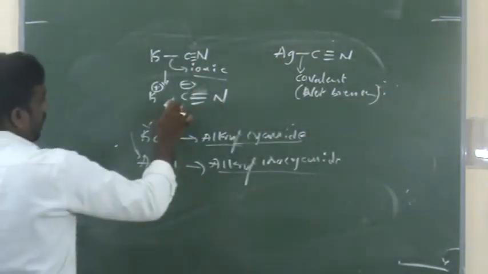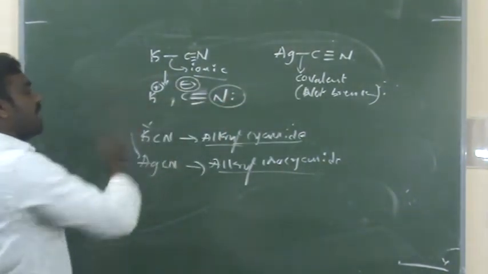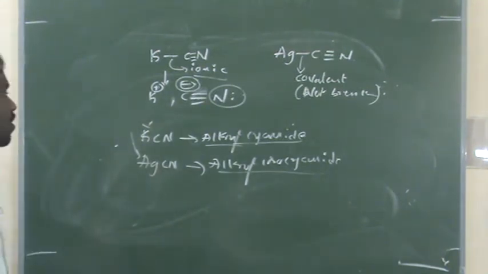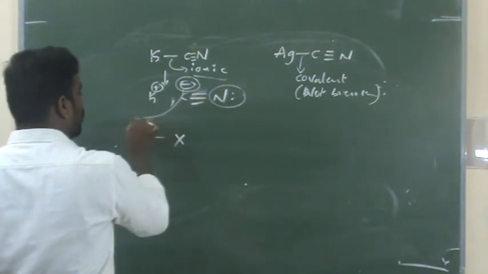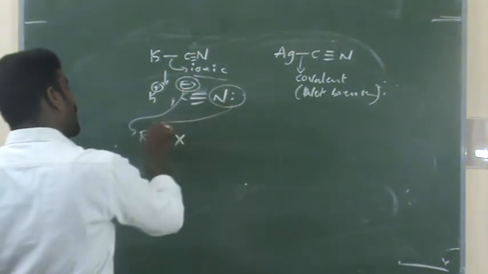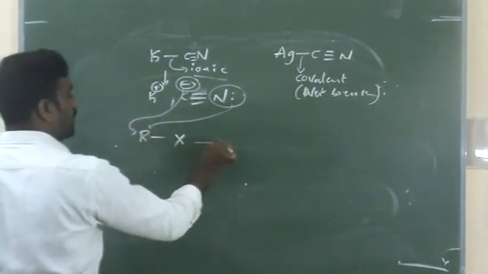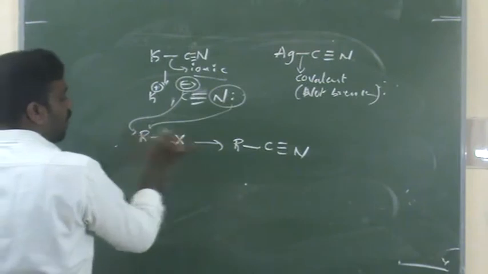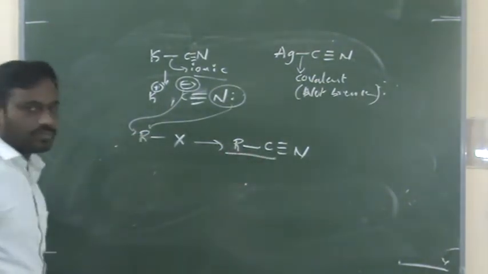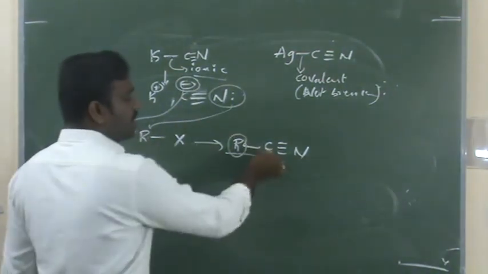Okay? Then, in this case, both the nitrogen and the carbon have electrons in the form of a negative charge. Both can easily donate the electrons to RX. Either carbon can easily donate the electrons to R, or even nitrogen can easily donate the electrons to R. But among those, only carbon donates the electrons to R and makes the bond between the R and the carbon. Why? Because R is nothing but an alkyl, so it is a carbon, and this is also carbon.